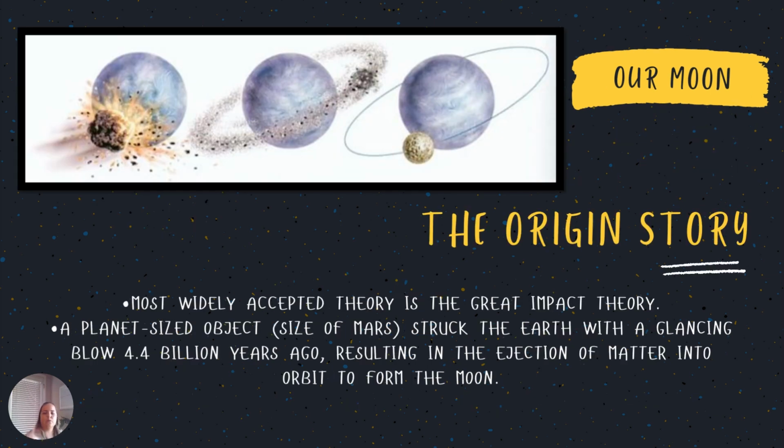All right, so the origin of the moon. This is primarily from the Great Impact Theory. There was a large object, maybe a quarter the size of Earth, about the size of Mars, that struck Earth. Earth was a little bit stronger than it, and all of those pieces went out into space and then recollected themselves and started orbiting Earth because of its gravity. All of that material ended up coalescing and formed the moon, and this probably happened around 4.4 billion years ago. That's based off of data that we have from the moon samples.